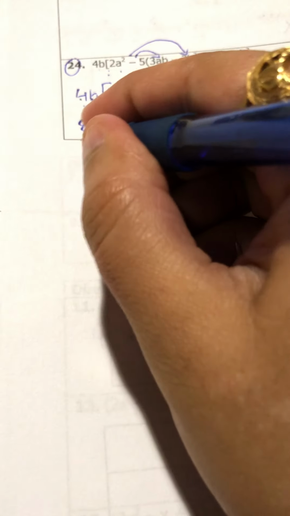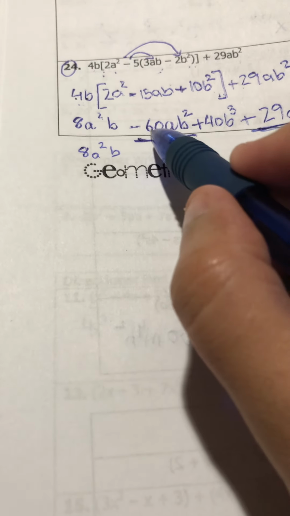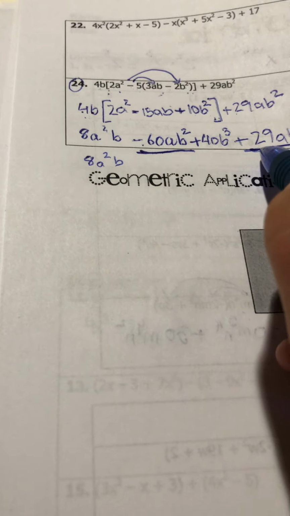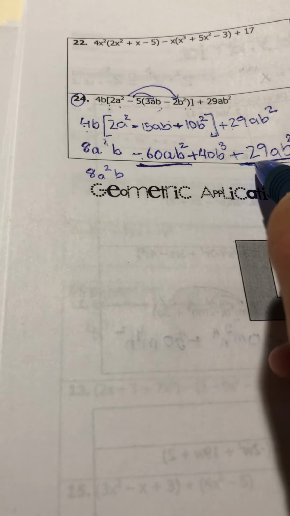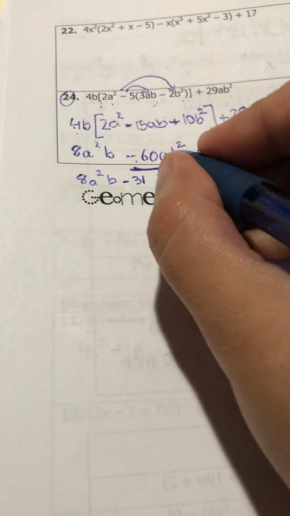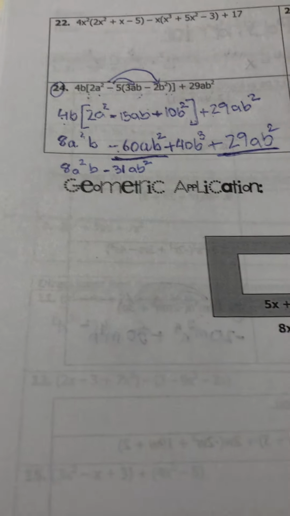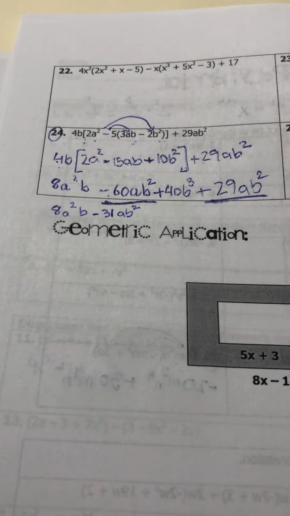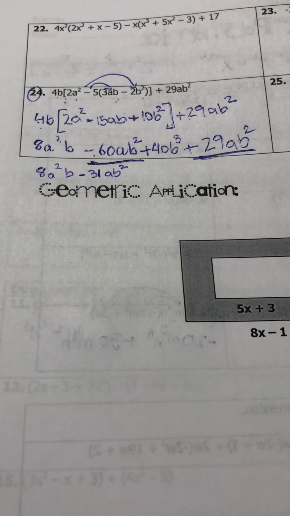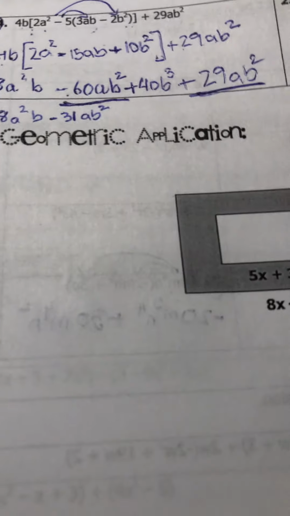It will be 8a squared b, and this gives me negative 60 plus 29 gives me 31, minus 31ab squared. Make sure you just copy these as is, because when combining like terms we just copy the variables, and we can only combine the ones who have the same variables. Okay, plus